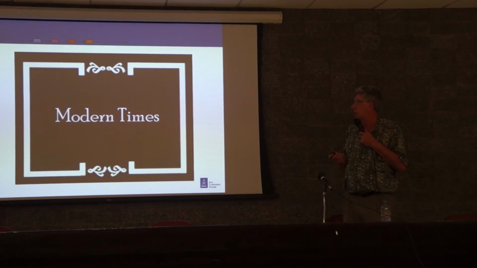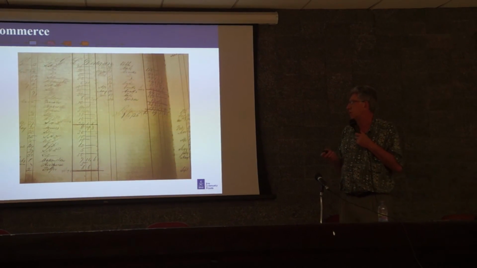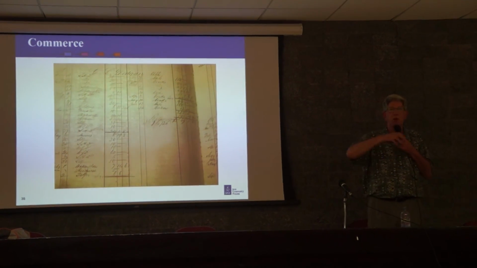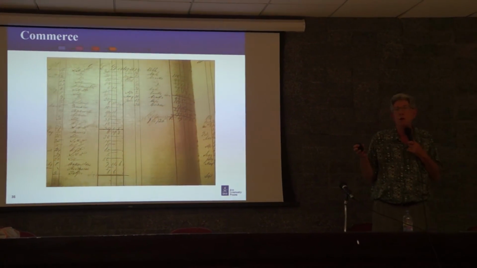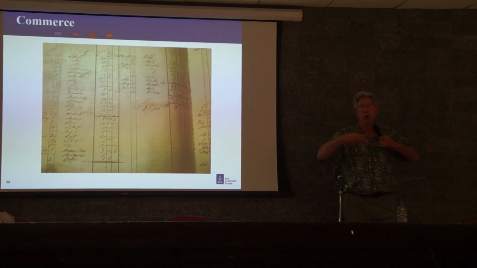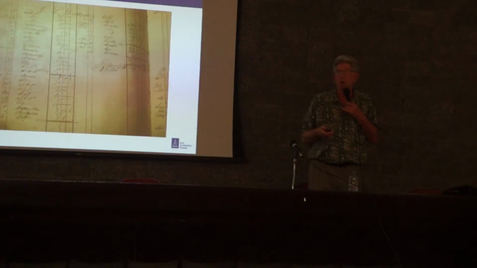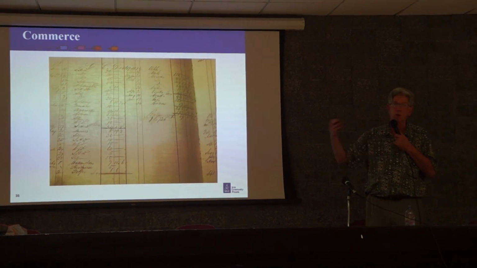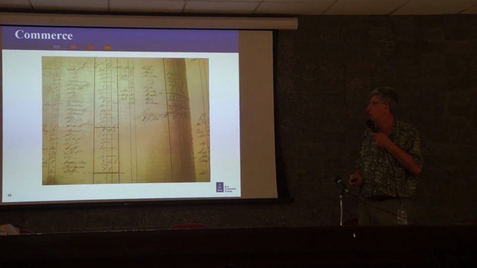Let's move into modern times. Industry and commerce can't develop without something as simple as an agreed upon way of doing accounting. How do we know whether a company is making money or is not making money? There's a standardized method of recording money that comes in and money that went out, called double entry bookkeeping, invented I think